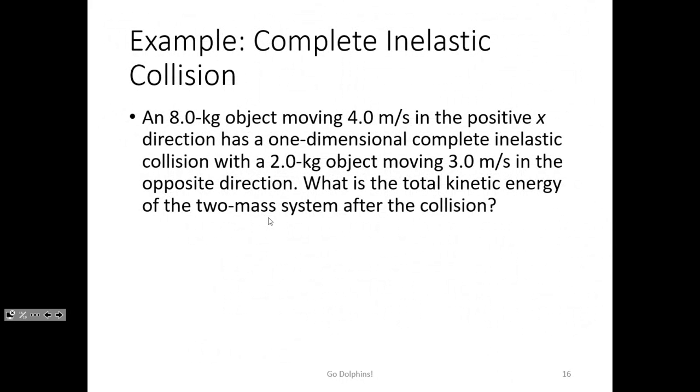Okay, now let's do a completely inelastic collision problem. It's very similar. Same initial condition. Now it's just after the collision, we don't know what's the velocity of either of them. It asks what's the total kinetic energy of the system after the collision. But anyway, it's a collision, right? And collision means